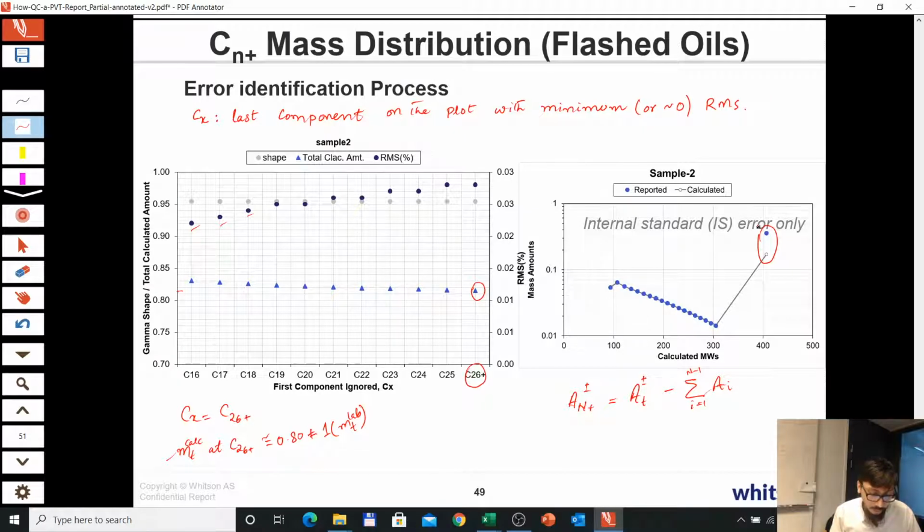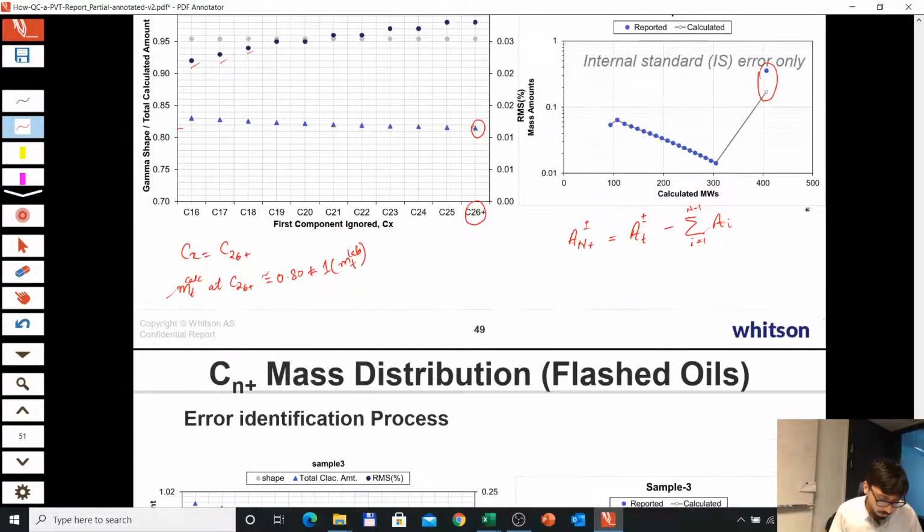So when we looked at the samples, just looking at the sample composition, the three or four samples, we don't know which one is perfect GC data and which one has an internal standard problem, but this workflow is telling you which sample has what problem. Okay, and if we go to the next sample, which is sample 3,